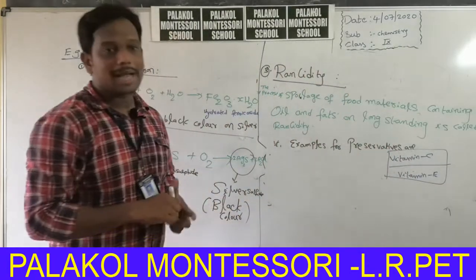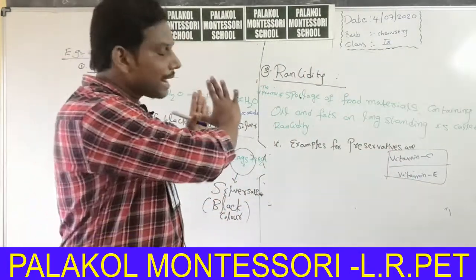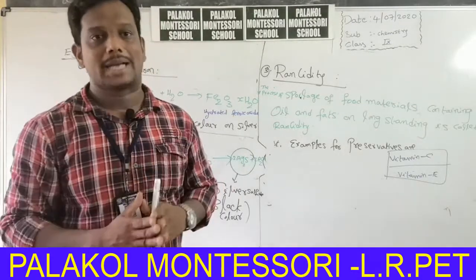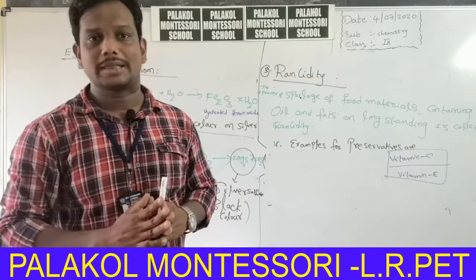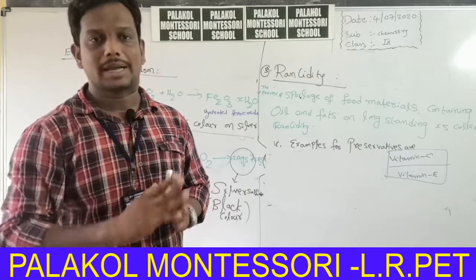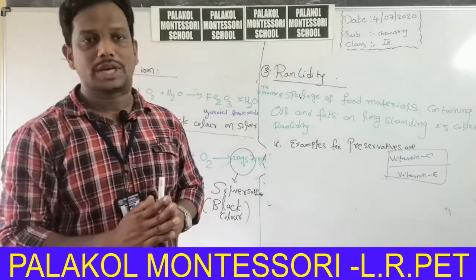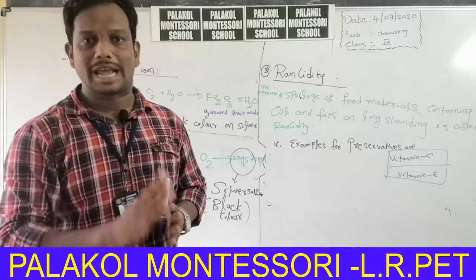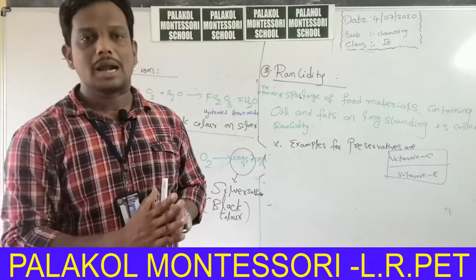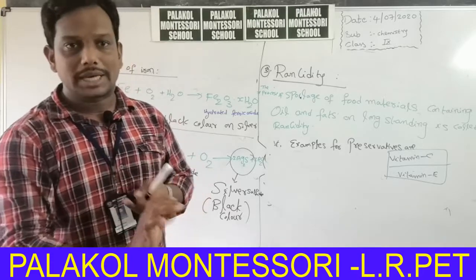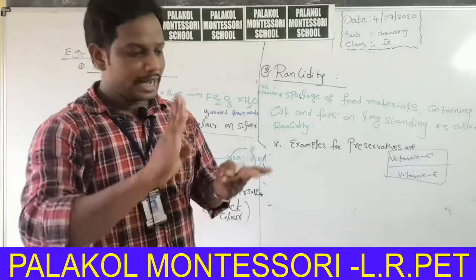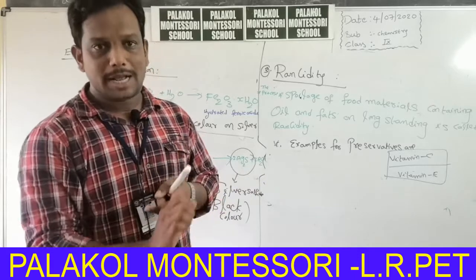With this I completed the chemical equations and chemical reactions lesson. Your homework is to write any 4 chemical equations from your textbook and balance them. Another homework question is to write the differences between chemical combination and chemical decomposition reactions. Third question is to write the differences between displacement reactions and double displacement reactions.